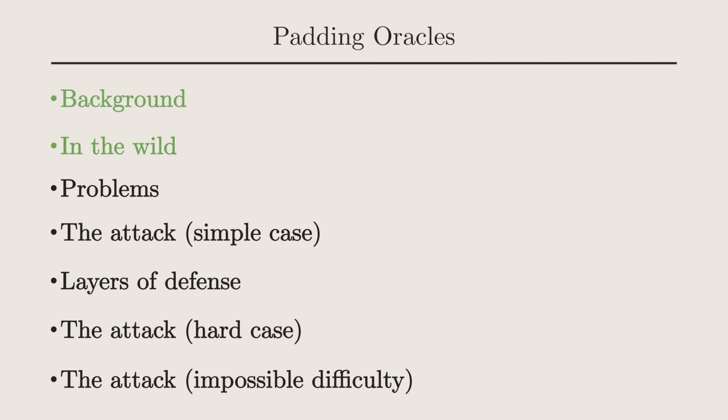But that's not all we can do. We'll also be able to make arbitrary modifications to the token, or even encrypt entirely new messages under the secret key, all without ever learning the key's value. Now we're about to get into the details of how this attack works, but if you'll bear with me,